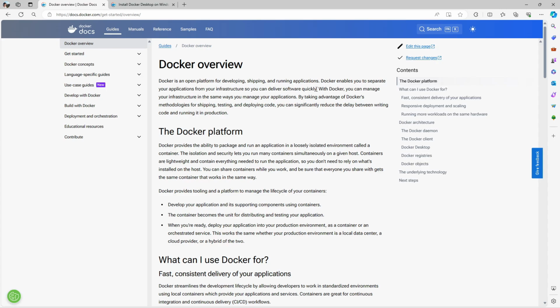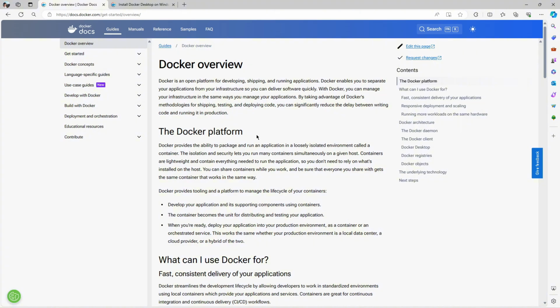So basically, instead of installing Postgres or pgAdmin or other software locally, you can use Docker, download the Docker image and then run a Docker container so that you will have the software running very easily and very quickly.